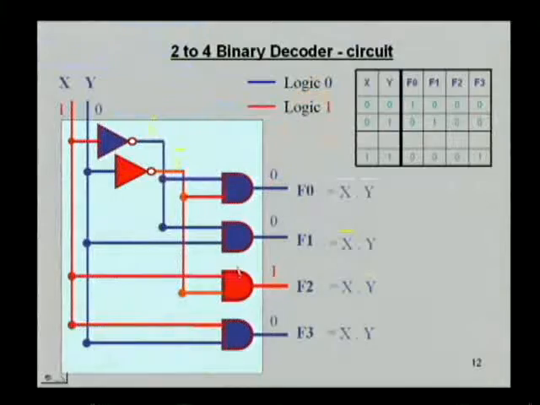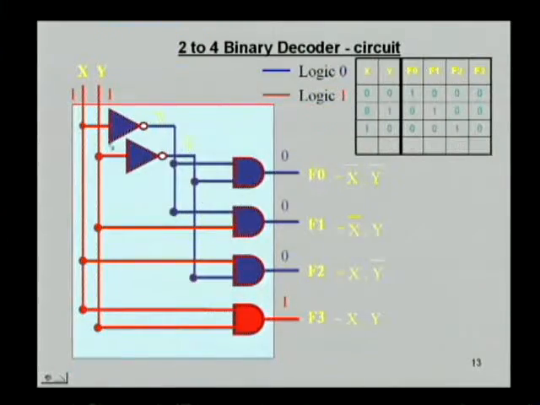Here the third AND gate now has both inputs high, hence its output will be 1, and for the other AND gates the outputs are forced to 0, because for them at least one of the inputs is 0. And the last possible combination is 1 1. If X equals 1 and Y equals 1,